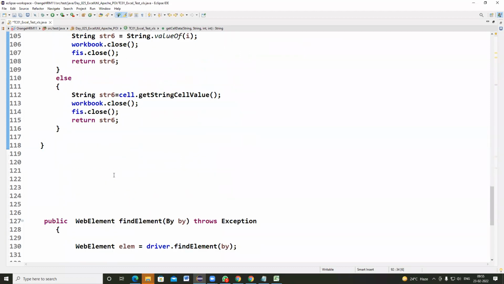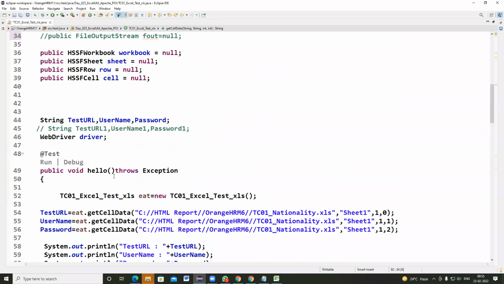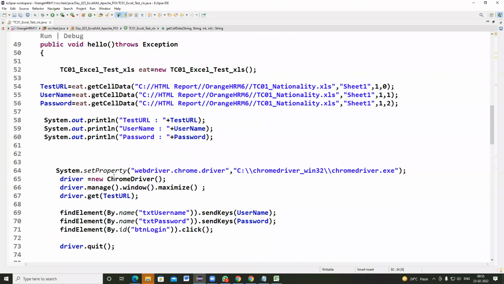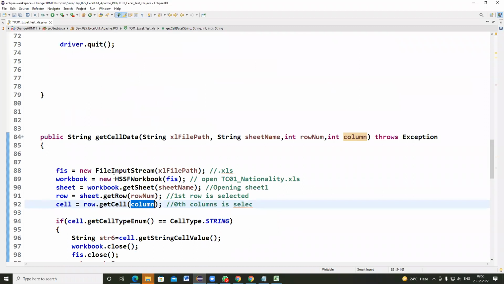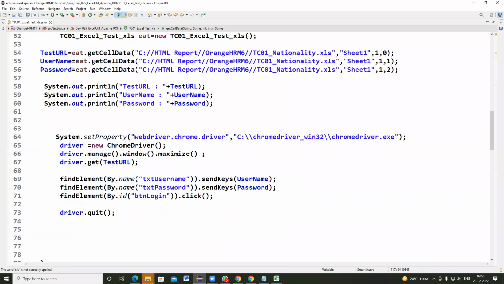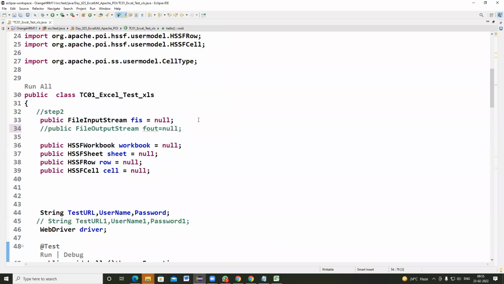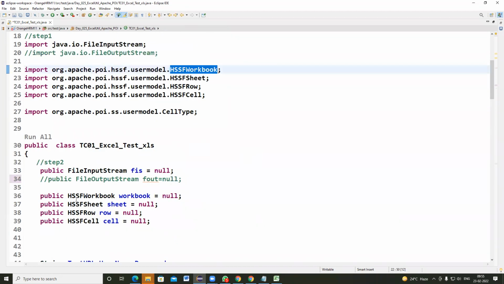Same lines of code are working. Got the point? Okay. So this is for 97 to 2003 Microsoft Excel, right, sir? Yes. In this method there is no change in the lines of code. But if you want to read input data from .xls, instead of XSSFWorkbook you just import HSSFWorkbook. That is the only difference. All other lines of code are the same.